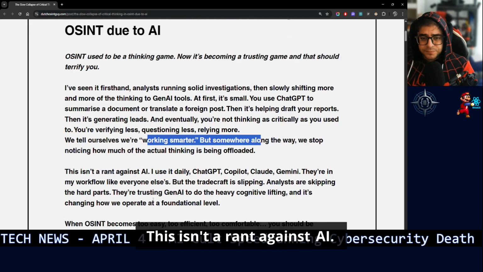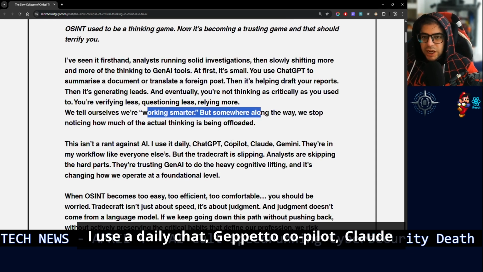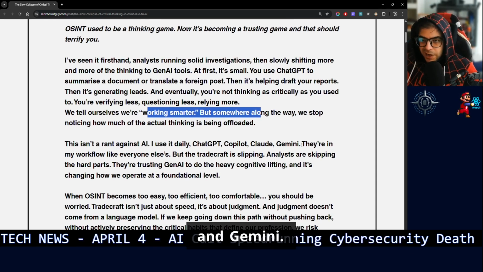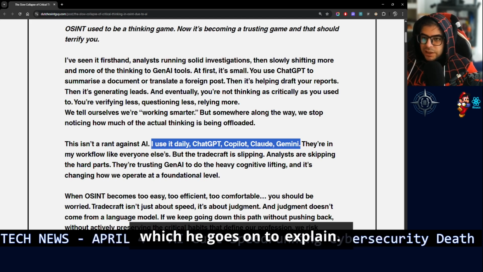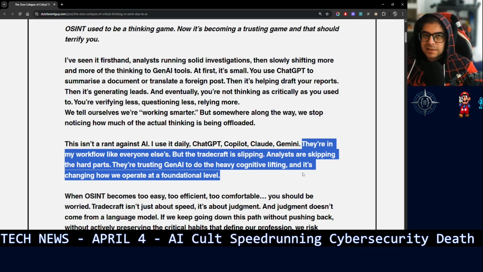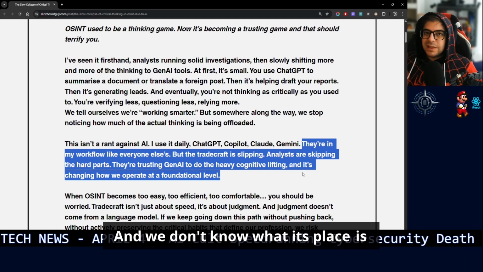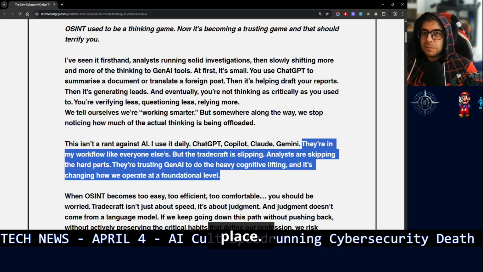Let's keep reading. "This isn't a rant against AI. I use it daily: ChatGPT, Copilot, Claude, and Gemini." And this, I think, is a pretty reasonable take, which he goes on to explain. AI has its place, and we don't know what its place is because we want AI to do more than its place.